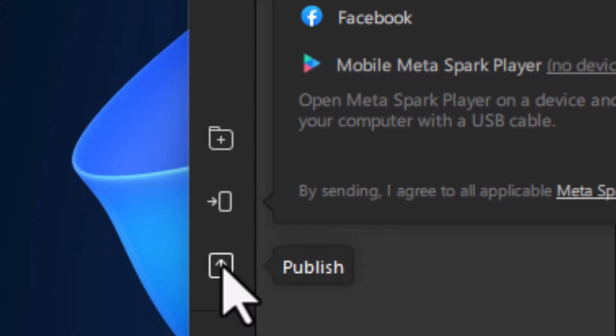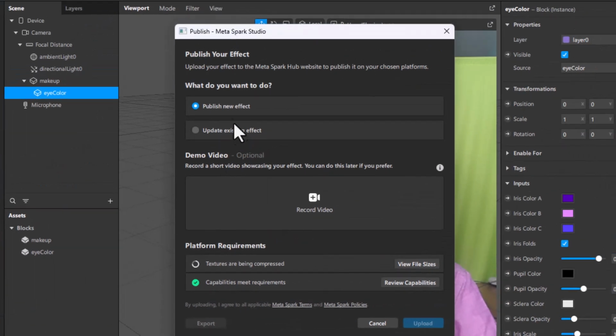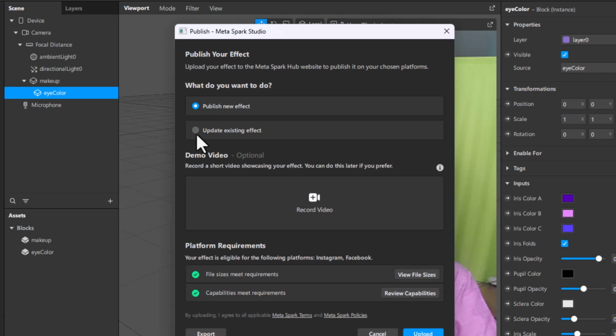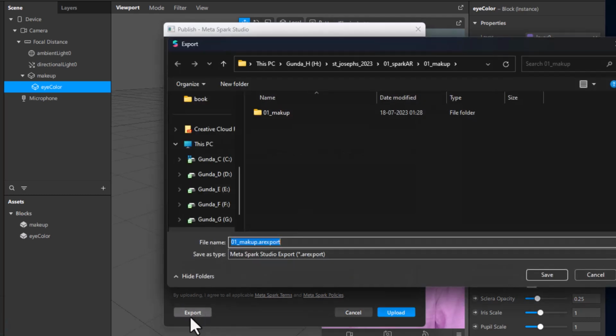You have one option here called Publish. If I click on Publish here, you can click on Publish new effect or Update effect. Whenever you publish it, Instagram is going to review it, and then they are going to make it available to all users. Apart from that, you have an option here called Export. If I click on Export here, in the same Spark AR 01 makeup folder, I am